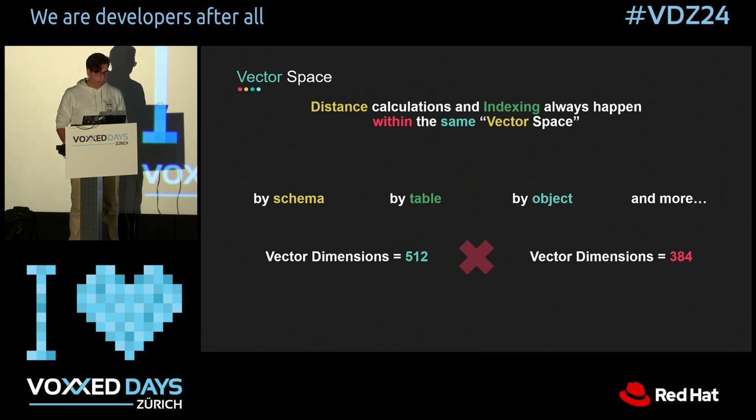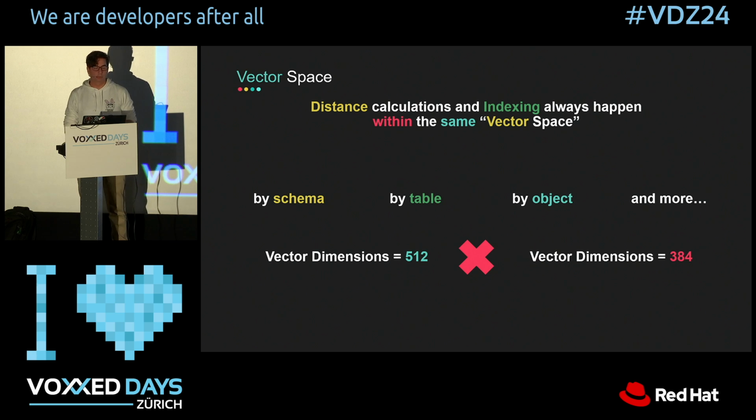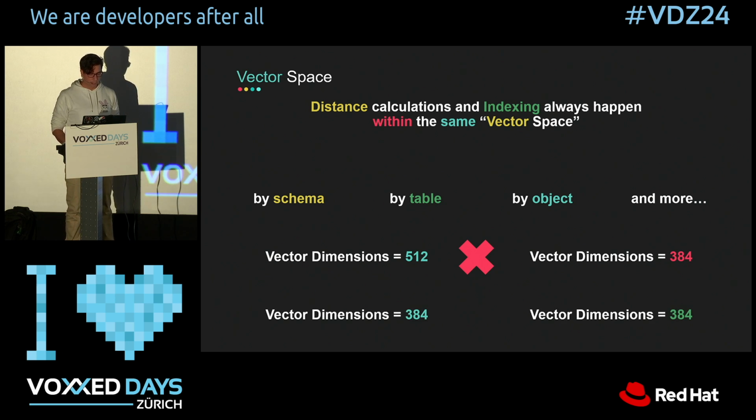But one very important thing about vector space is it forces you to work with the same dimensionality. Meaning that vectors with 512 dimensions will not be checked against vectors with 384 dimensions. Mathematically speaking, it's possible, but it really gives weird results, and you just want to avoid it. So you always want to have the same dimensionality checked against each other.